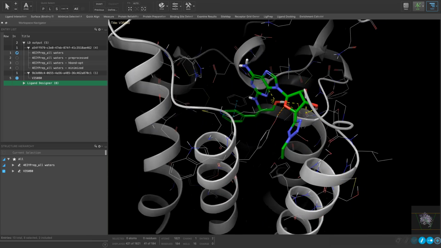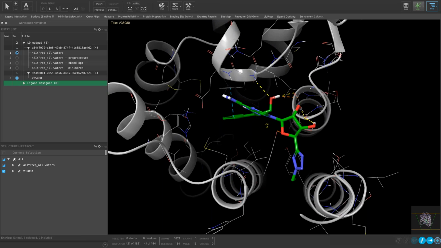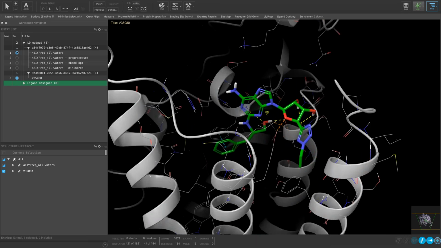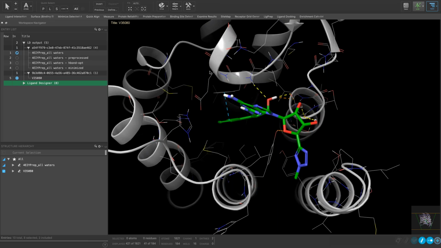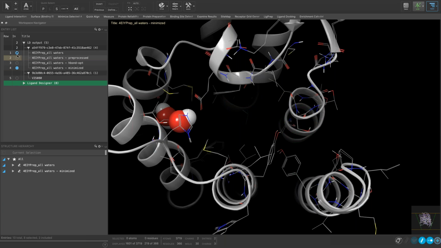So obviously in LiveDesign, it was nice to be able to see some of these interactions in the web PyMol representation, but looking at it in Maestro just allows us a little bit more detail here. Now, the downside with this is that you may find there's actually too much detail, particularly if you're not familiar with using these types of visualization tools. Perhaps you prefer to see things in 2 dimensions as well. And there's a few options for this. We can in fact turn on the 2D overlay, which again just reminds us of what the 2-dimensional structure of this ligand is. And additionally, we can use